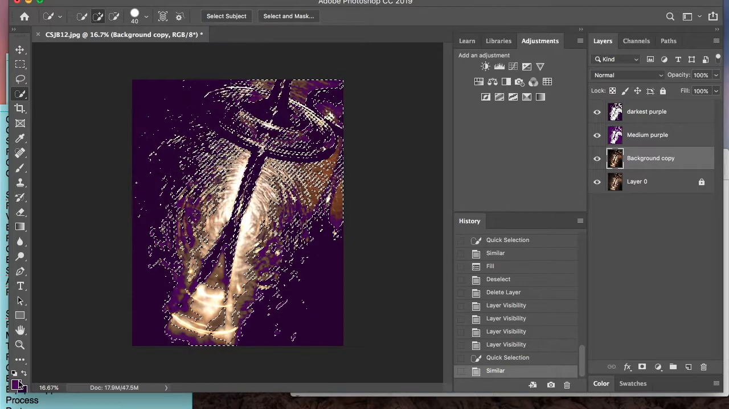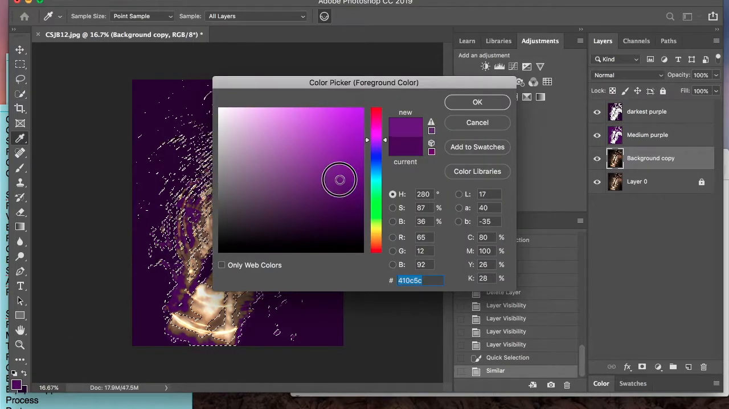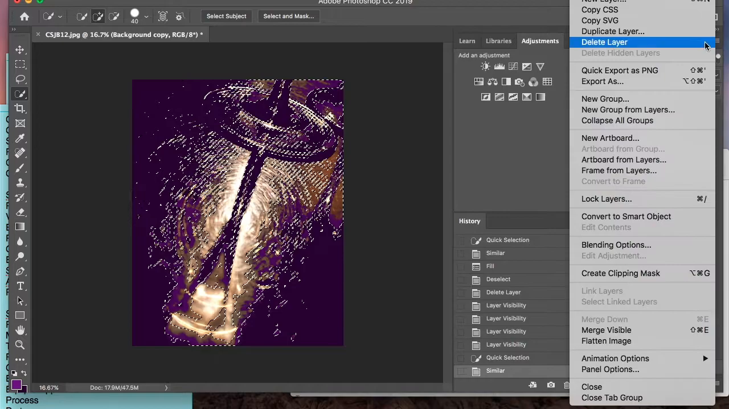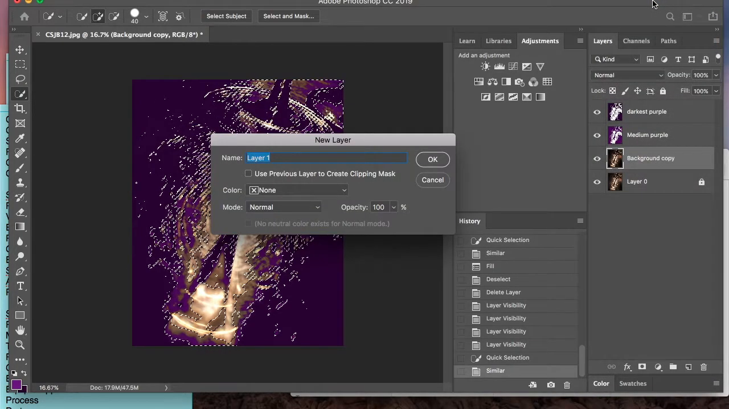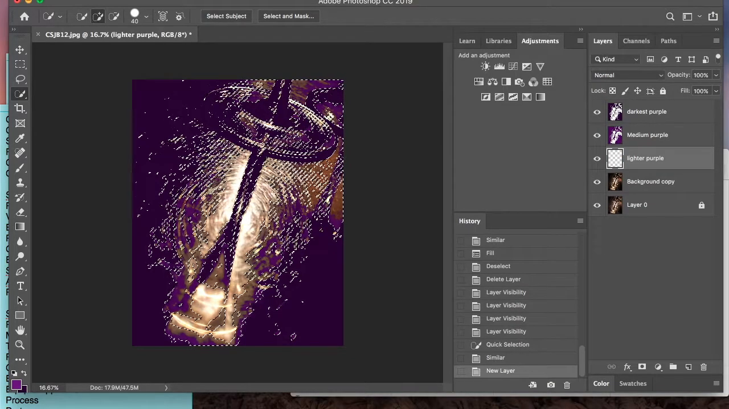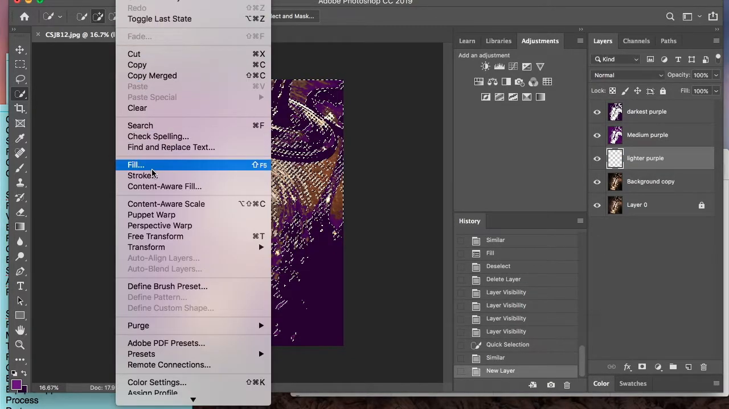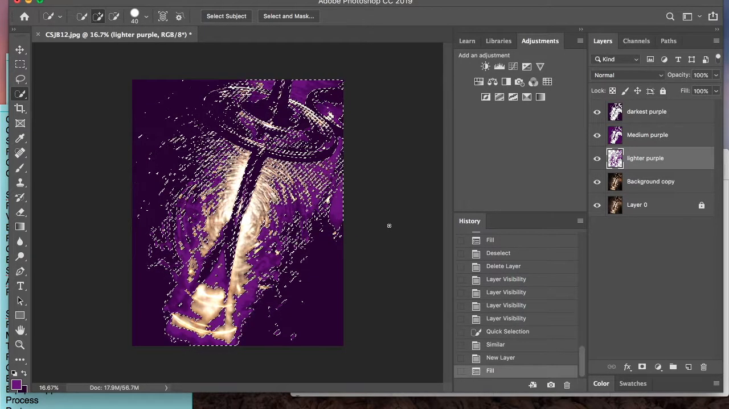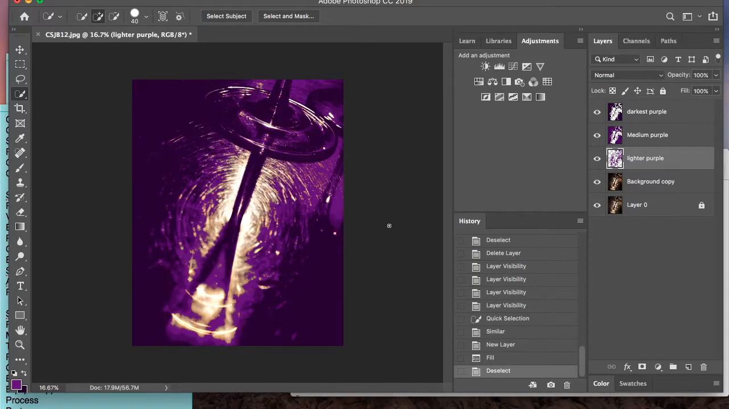So now I'm going to flip those two colors, and I'm going to go up here and select another brighter color than what I had before. I need to make sure that I make a new layer, and I'm going to go lighter purple. And I'm going to do edit, and I'm going to do a fill with that foreground color, and it's going to fill the next part of the image for me, and then I'm going to select